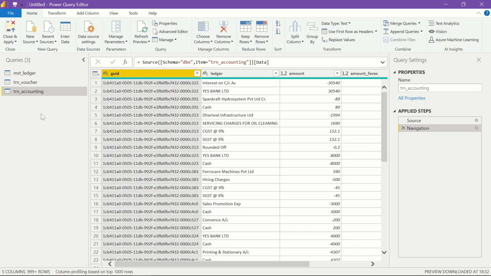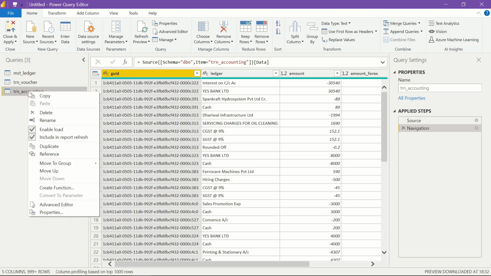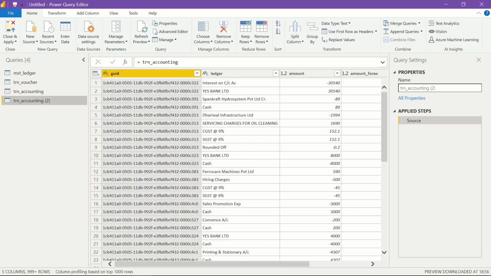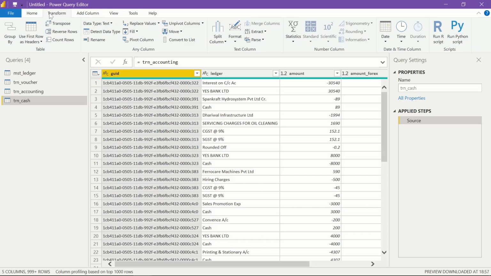Okay, so let me create a reference of this accounting table. So TRN all related to cash, transaction cash. Let me merge it with voucher table. So I will select this GUID and let us merge this.